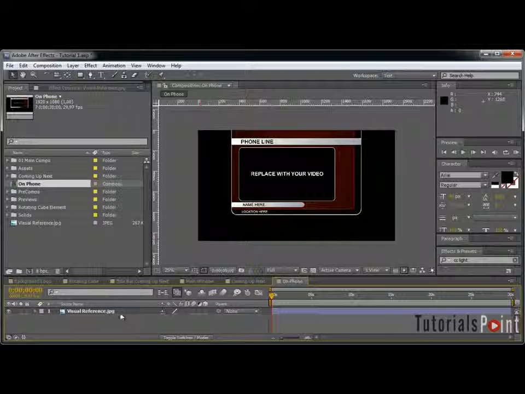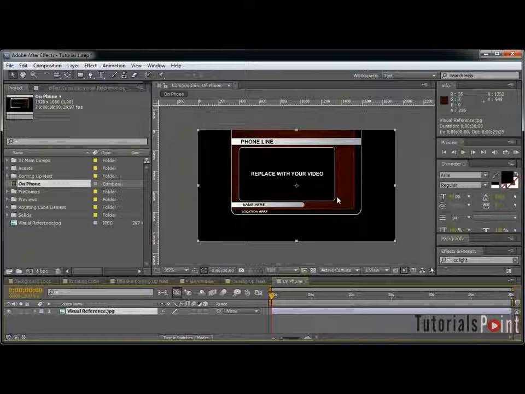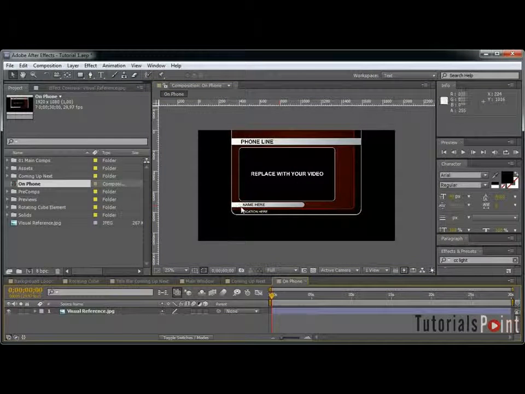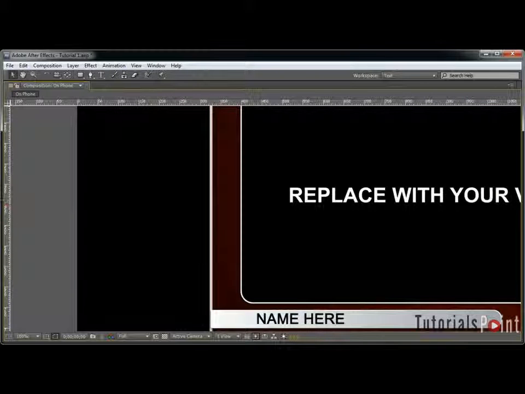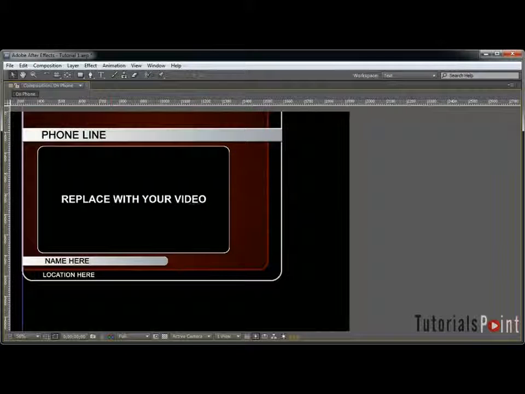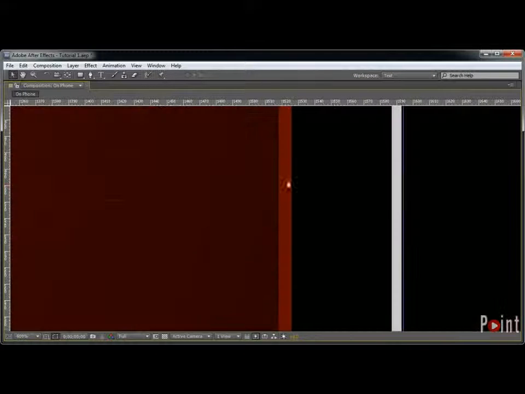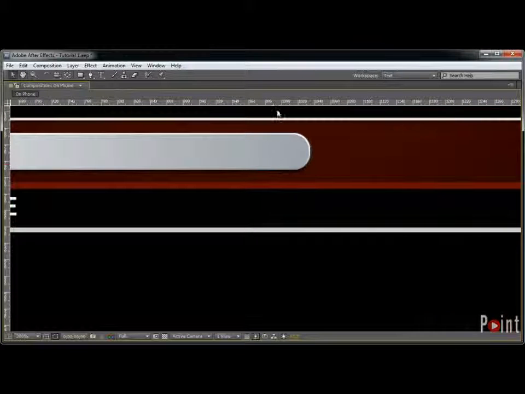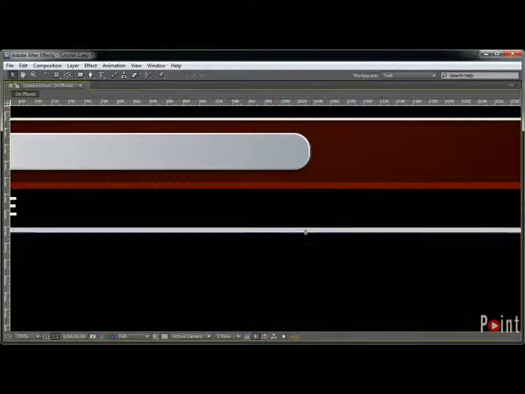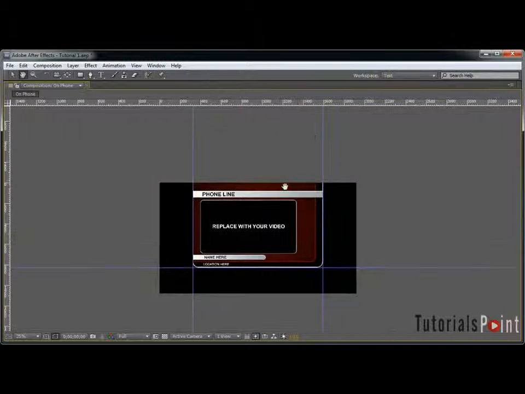And again, this is a visual reference to help me recreate the elements in the correct size. And let's use the guides once again to fit the size of this element,